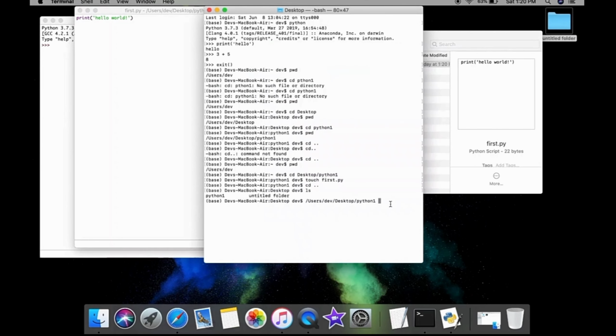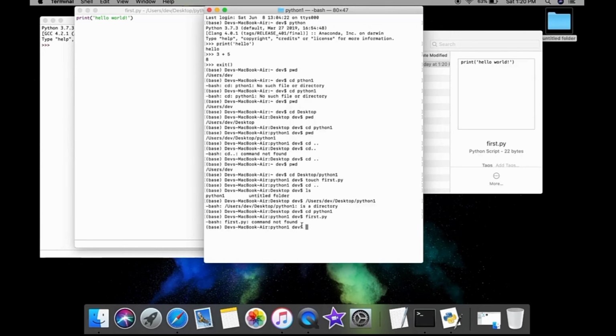Now if I want to run that program, first of all, again you need to access the folder. So here I have Python 1. I'm in Python 1 right now, and if I need to run that program, I cannot directly just write first.py.